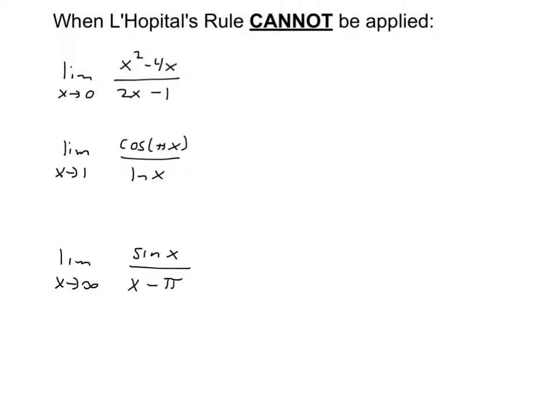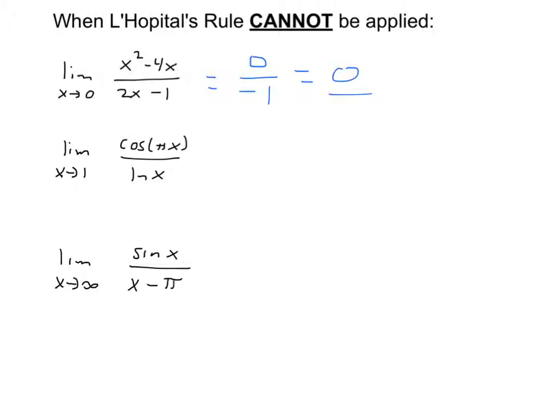So in this case, on this first one, these are ones where we can't apply it. When I do the direct substitution in this first one, as I put 0 in there, my numerator is going to be 0, the denominator is going to be -1. That is not an indeterminate form. That is 0. And so the limit of that function as x approaches 0 is 0. In the next one,